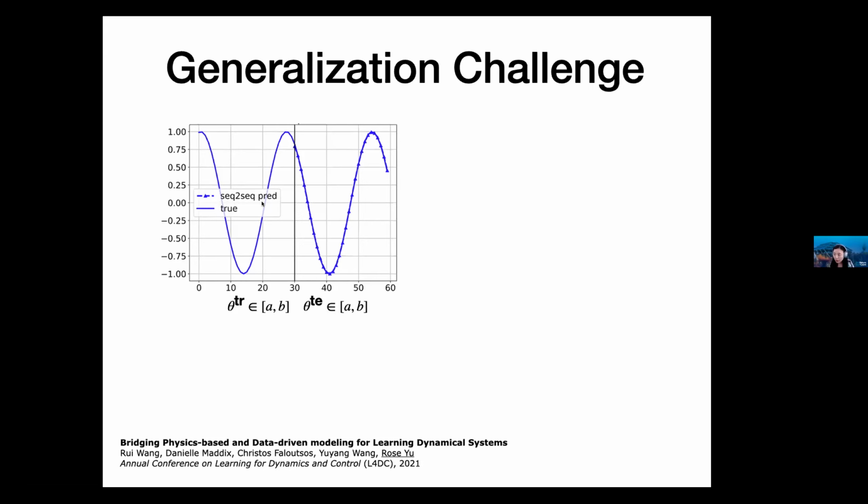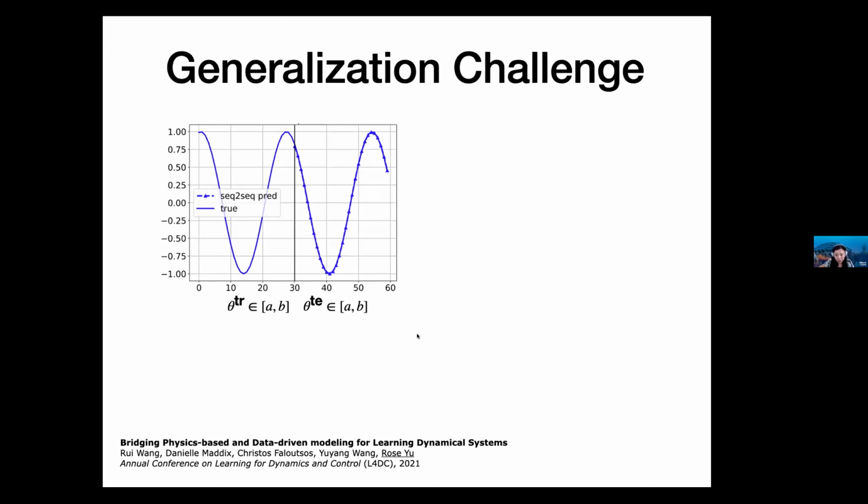So we're looking at the prediction from this model. We use a state-of-the-art deep learning model for time series forecasting, a sequence-to-sequence model. And then when we try to train this model on the data set, it is expected that the model can fit the data perfectly. And therefore, you can see the predictions in the dotted line here perfectly overlap with the ground truth. So that's not surprising.